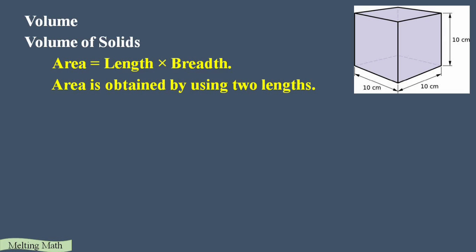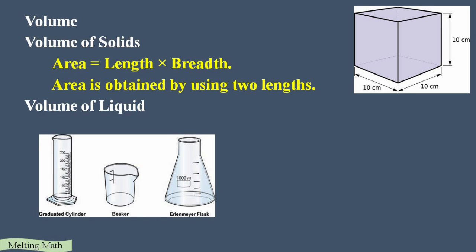Next is the volume of liquid. In villages, milk shopkeepers used to measure the volume of milk in a measuring cylinder or measuring jar. Like that, in your chemistry practicals, for measuring the volume of any chemical solutions, for example HCl, H2SO4, if 2 ml is required, you have to use a measuring jar to measure the 2 ml of that liquid, like HCl or H2SO4.